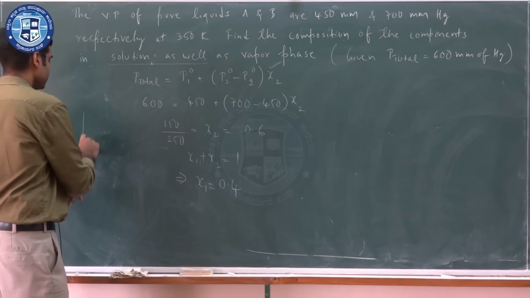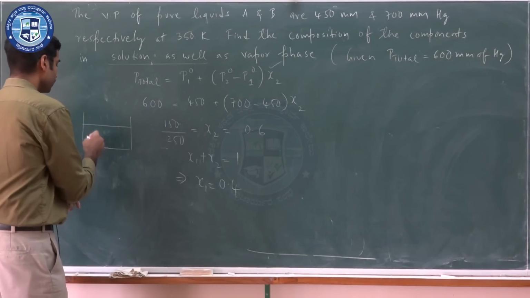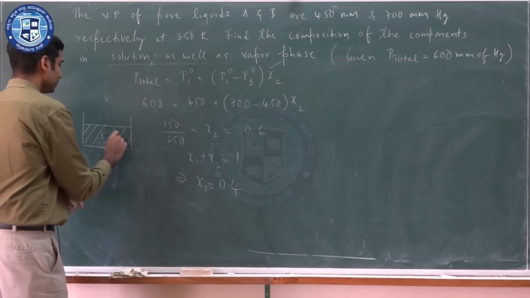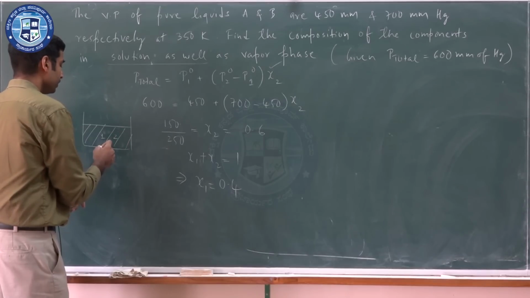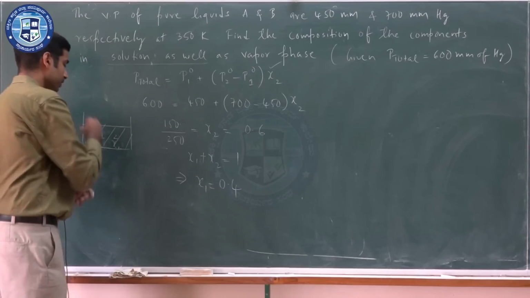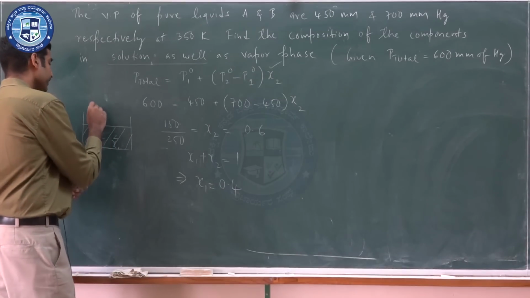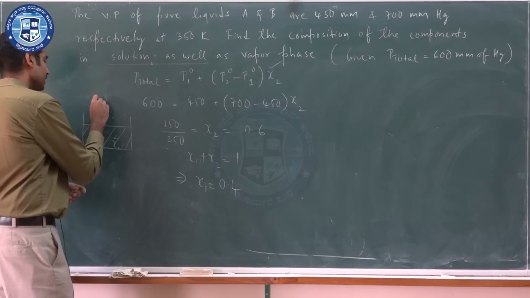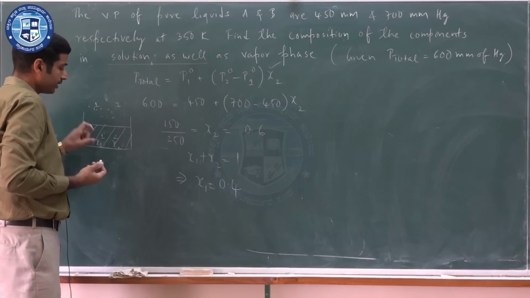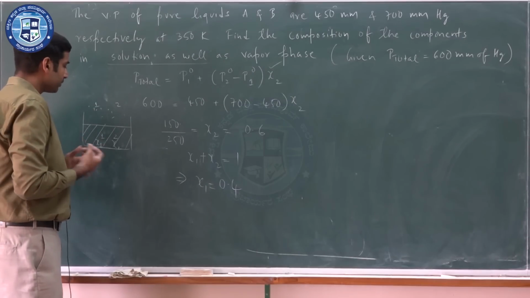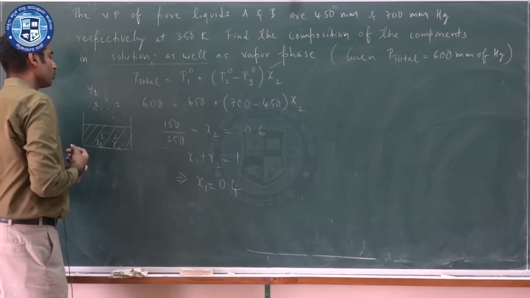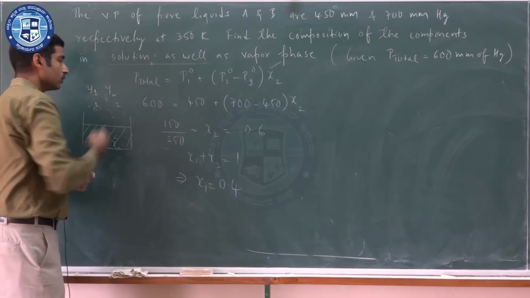So, just to make you realize what this is about. You have the solution. This is the solution part, and in this I have components 1 and 2, or A and B. I have the mole fraction of component 1 and component 2 in the solution, but they are also in the vapor phase, and I have components 1 as well as 2 in the vapor phase. Just to differentiate between the mole fraction in solution as well as in the vapor, let me represent the mole fraction in vapor phase as Y1. Mole fraction of component 2 will be Y2.